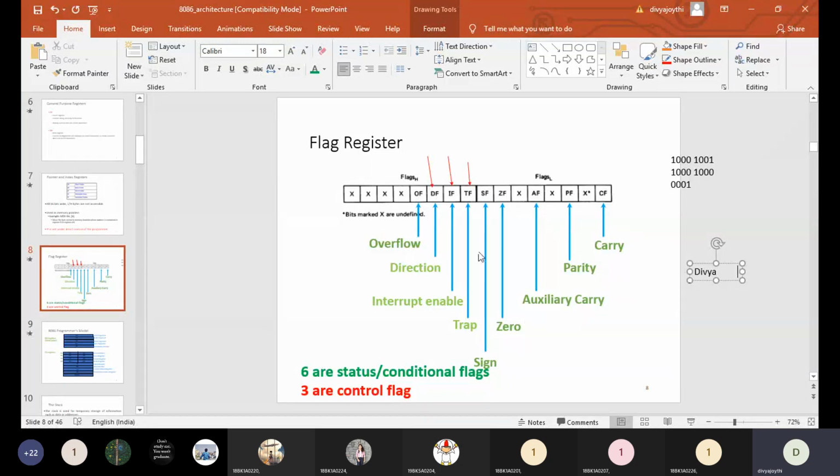Yes, ma'am. And next, the last one is nothing but the overflow flag. To understand this, you need to remember one thing.